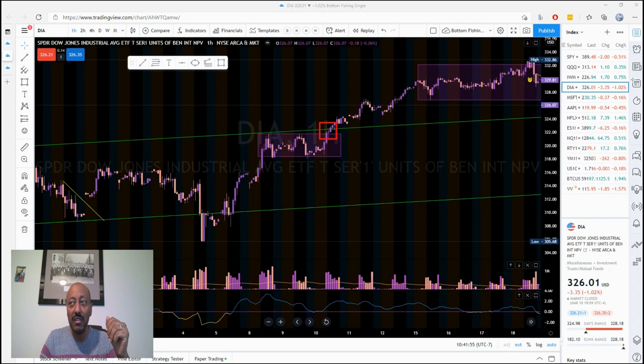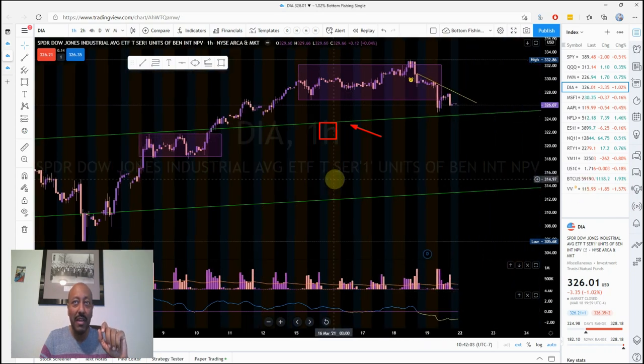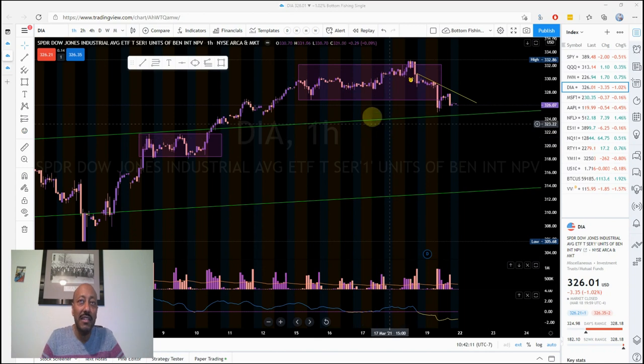That's my entry. This is my entry. That's how I want to take a look at it, right? Then same thing if we come back here, this is recent. This is most recent times, right? So if we come back there, what we see is we have this consolidation area. There was a breakout to the upside. There's a breakout to the downside.